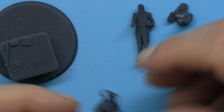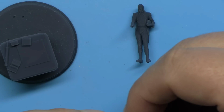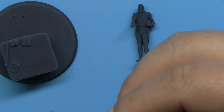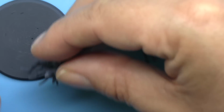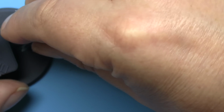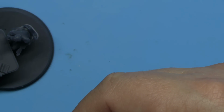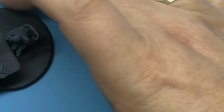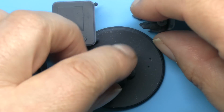We've got an officer sat down, which is 2 parts, so we can plop him together. And the fit is superb. And then he will sit at the table. I've probably got the table the wrong way around, but you get the idea. The chair legs sit there, and then you've got this guy pointing at the map. So you've got a little model in its own right,